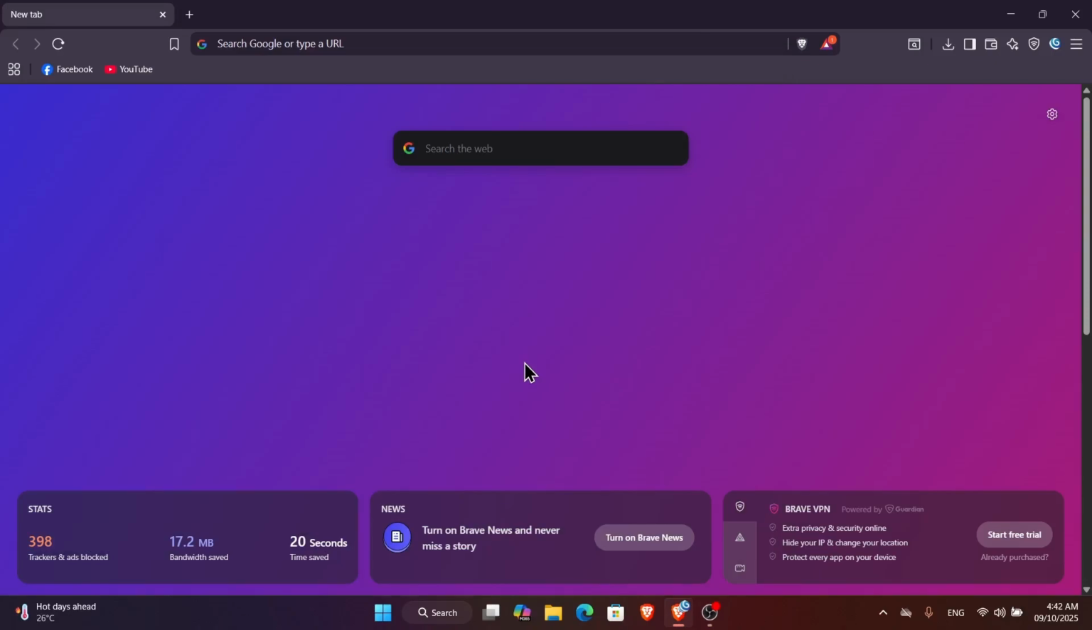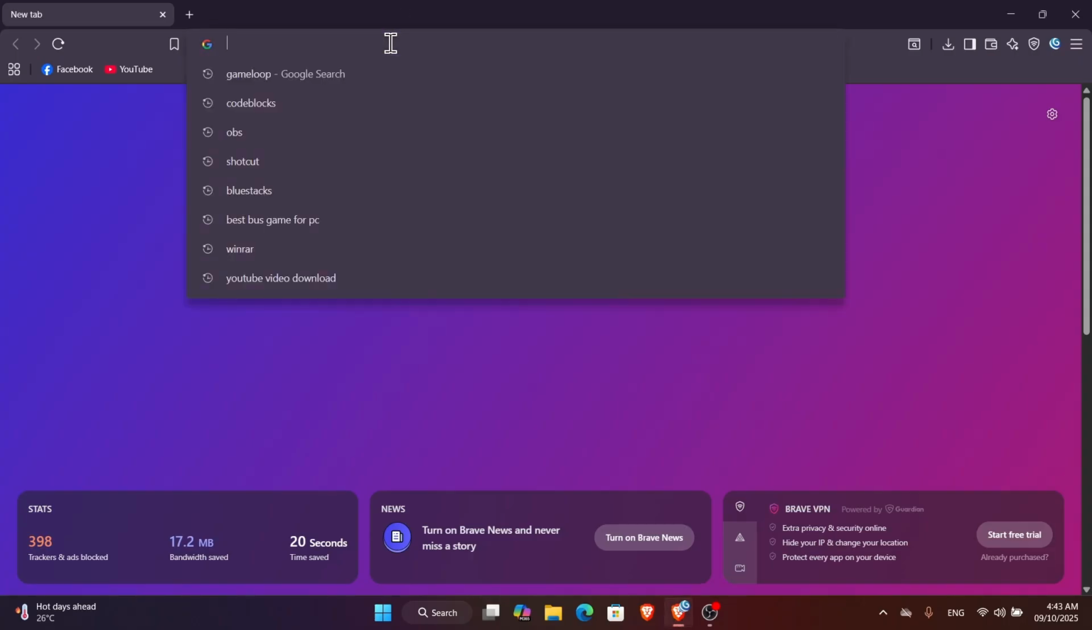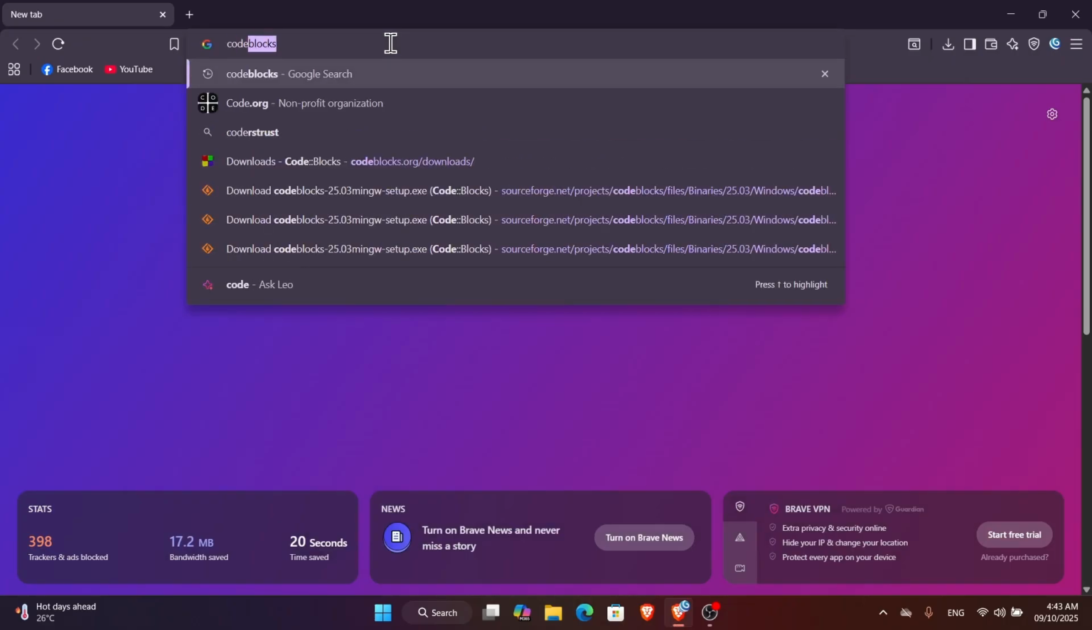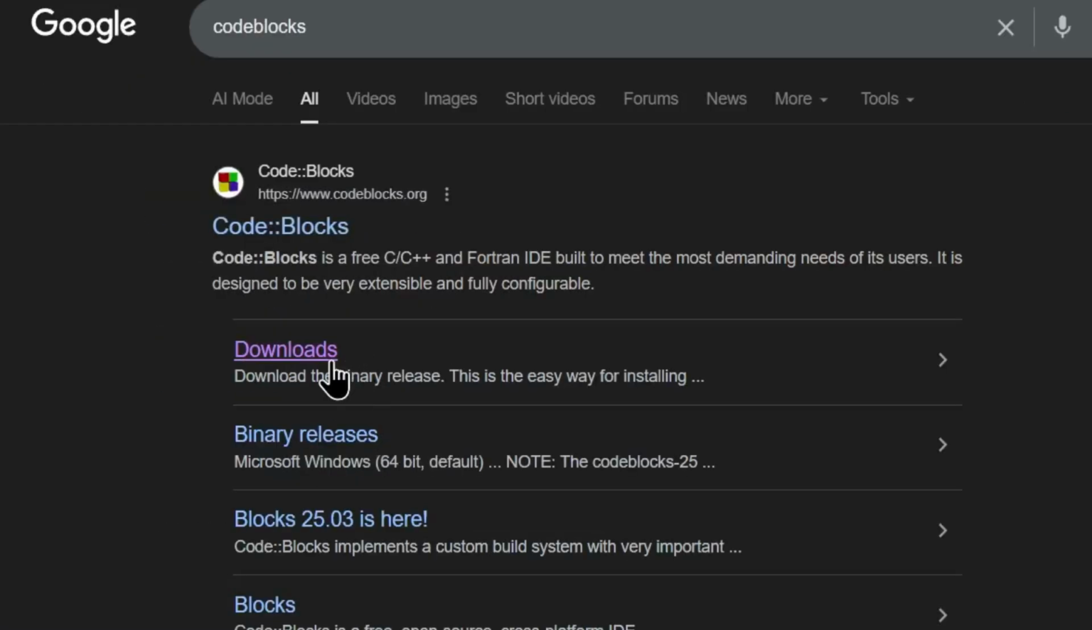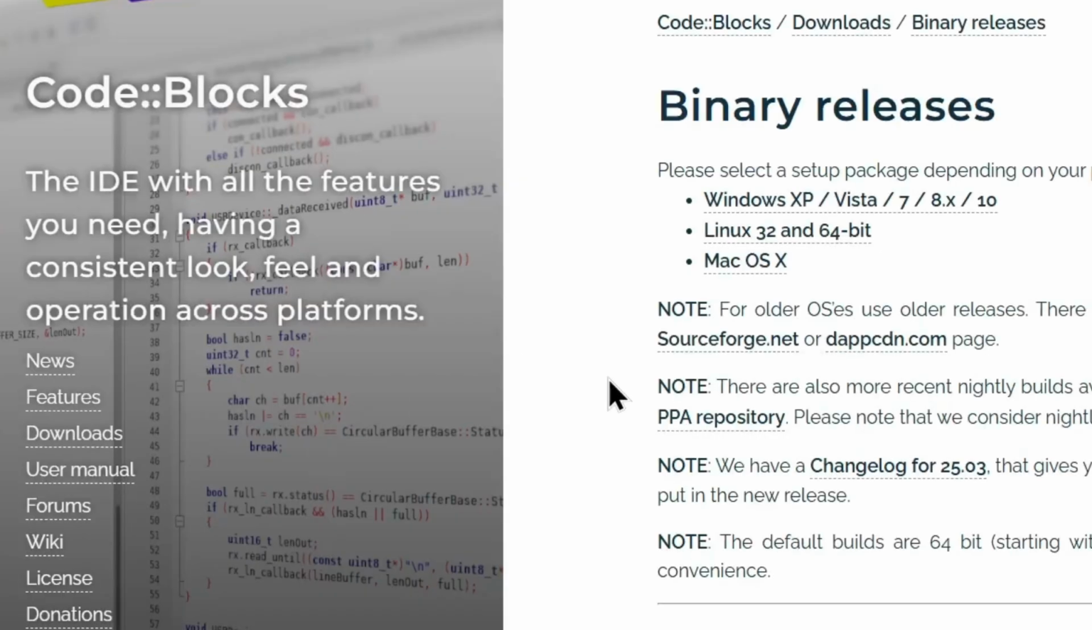In this video, I'm going to show you how you can download Code::Blocks on your PC and how you can actually install it. First of all, just go to the browser and type here Code::Blocks, hit enter, and here you can see the first link, and you have some option here also, downloads, binary release. So if you directly go there, it will be very good. So just go there, binary release, or let's say in case you just click here in the first link,